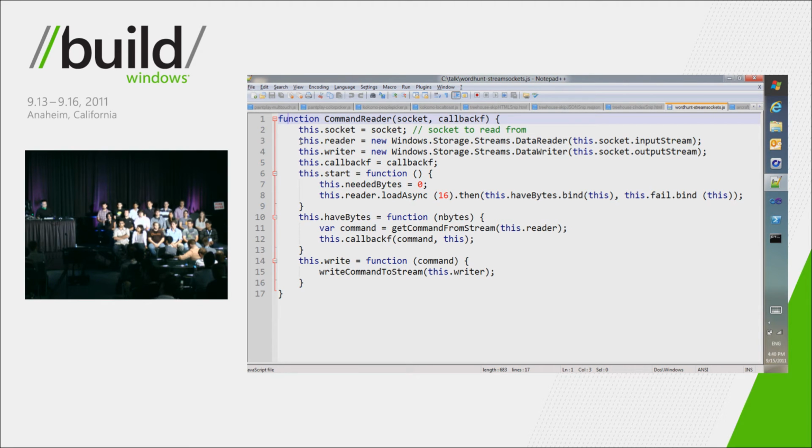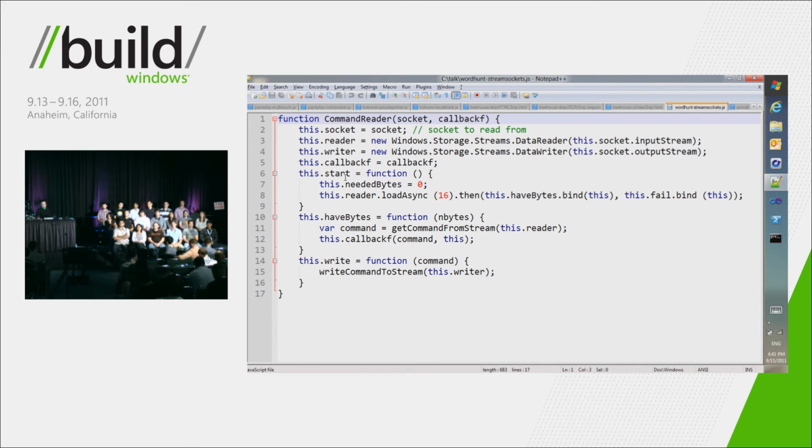So the way my app is set up is if two people are playing against each other, then each app will have a client object, and one of the apps will also act as the server, so it'll have a server object. And both the client and the server objects will have a reference to this command reader object that you see a snippet of on the screen here. And basically the reason you need a command reader is so you can construct meaningful, structured messages that you're passing back and forth, and it also makes sure that all of the messages are in sync. So you pass it the socket and the callback function, and you want to pass it the callback function because both the client and the server will have different functions that they'll want to run